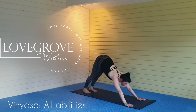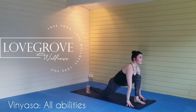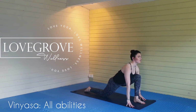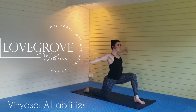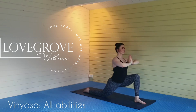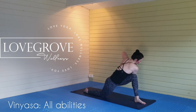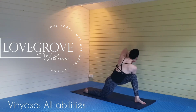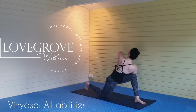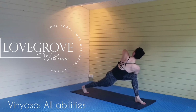Inhale, look to the hands, left foot steps through to lunge. Exhale, back knee down, untuck the back toes if you wish. Inhale, arms rise, extended mountain pose. Exhale, hands to chest. Inhale, right elbow hooks to left knee. Exhale, pushing the palms to the center of the chest, lifting the eye line. Option to tuck the back toes and push up to your lunge position, holding here for 1,